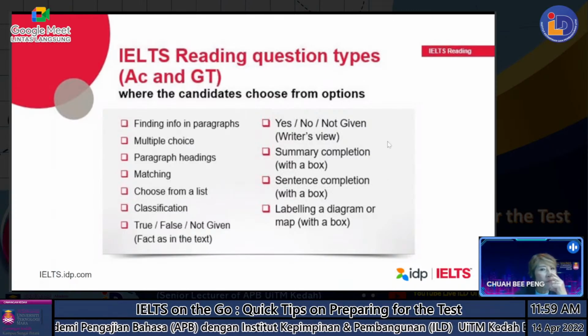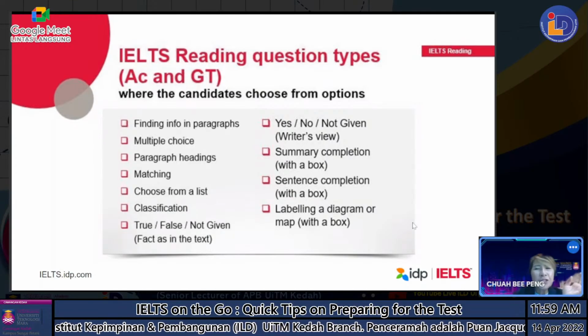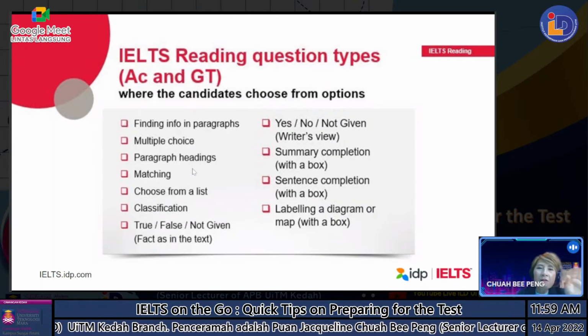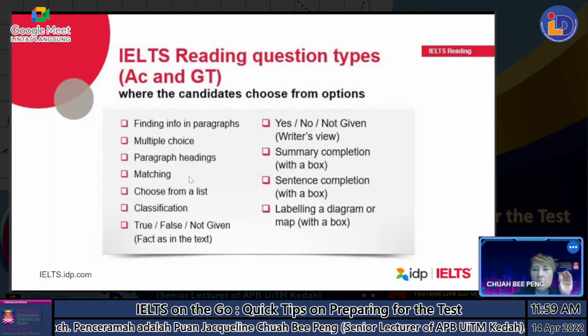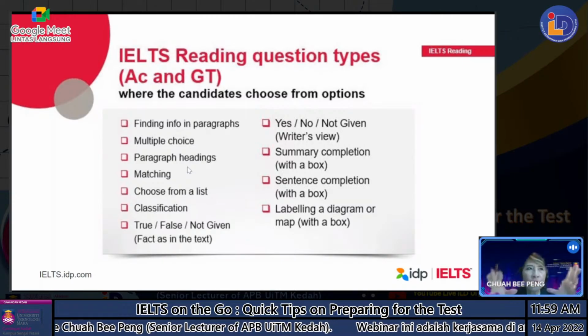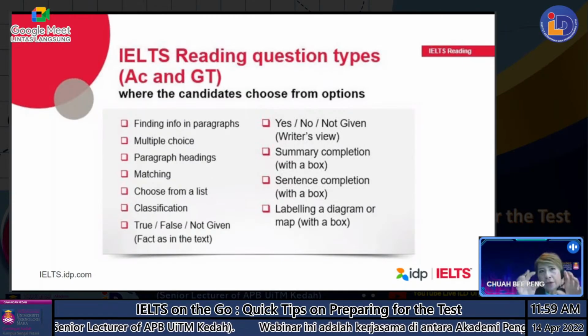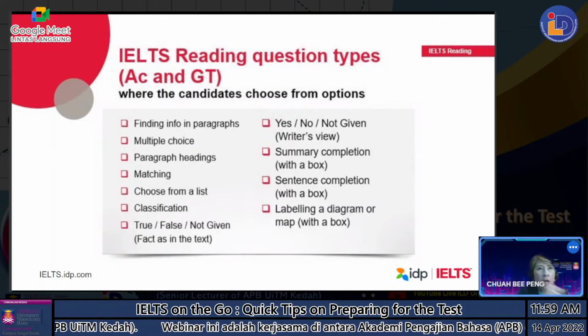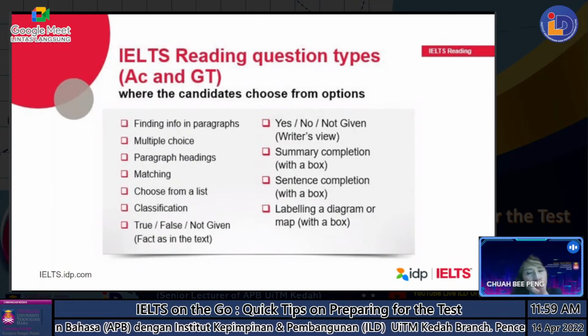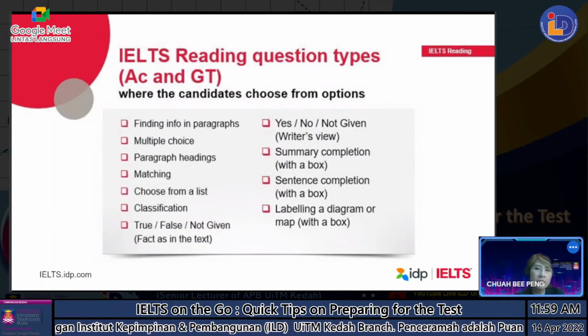And you also have a lot of other question types. In fact, you cannot predict. You just have to work on these different types of questions to give you an idea of the strategy for this type of question. How should I start first? Should I read the question first and go back to the text, or how should I go around it? You have to test yourself on various question types so that on that day when you're sitting for the actual test, you already know what it is. You already know what to do.